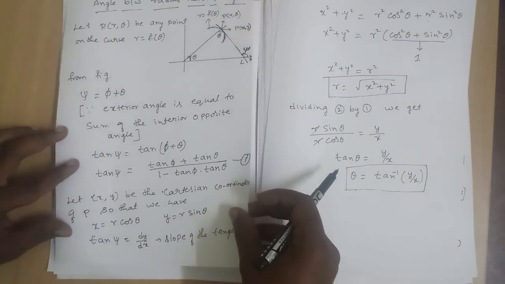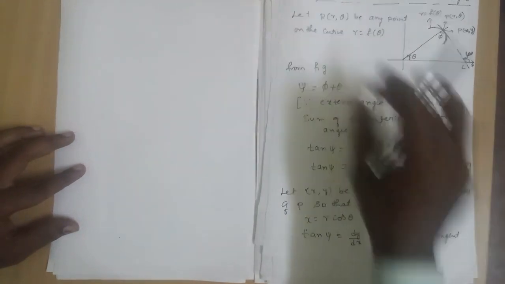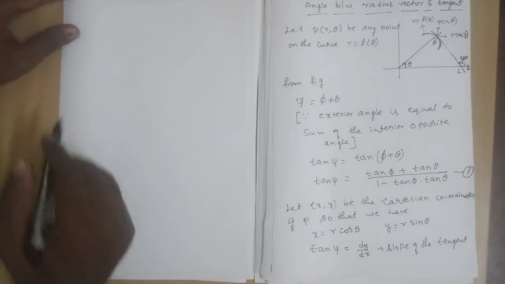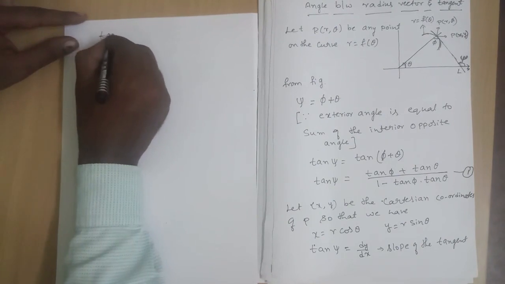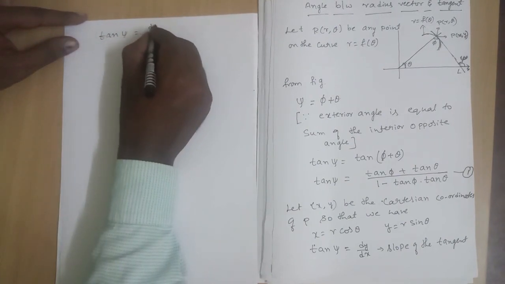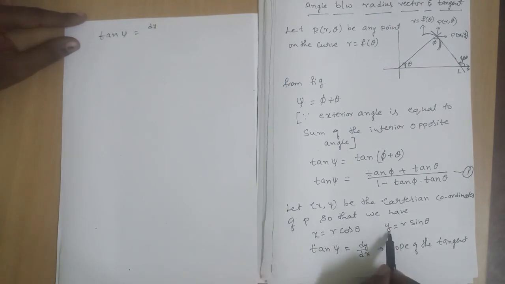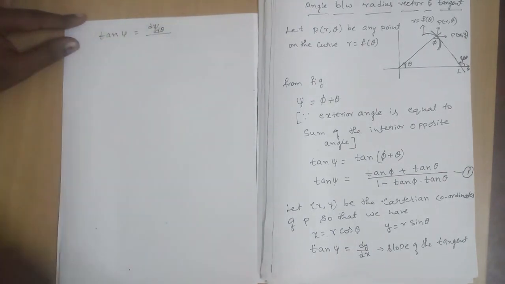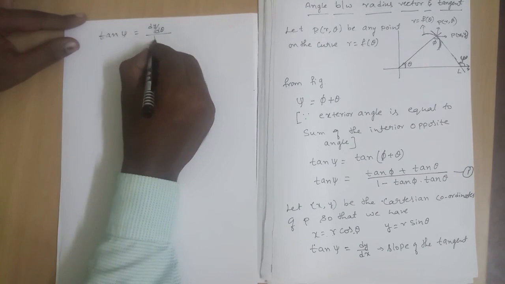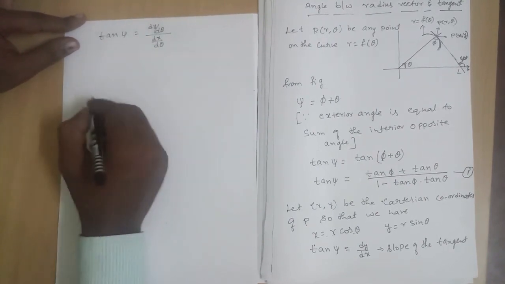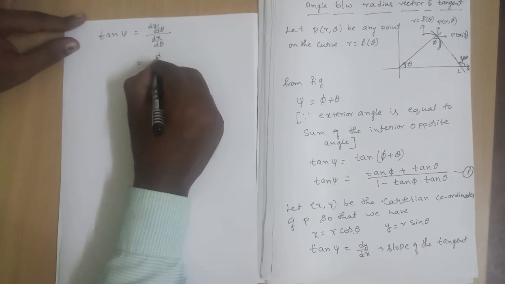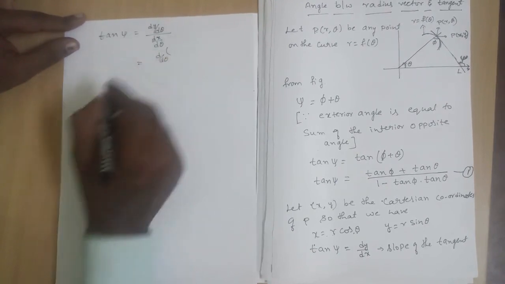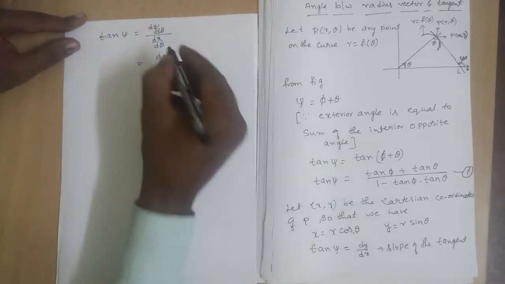Now, the slope of the tangent. So tan xi can be written as dy by dx, where x and y are in terms of r and theta, functions of r and theta. So dy by dx can be written as dy by d theta and dx by d theta. So we get d by d theta of y, where y is r sin theta,